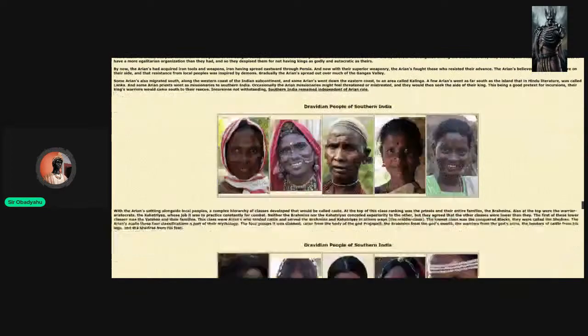With the Aryans settling alongside, these are the original Aryans, by the way. The Aryan peoples. They're called Dravidians today, but they're the originals. They would look like this, they would say, in ancient times. So it's a long story, but these are some rough people. Don't underestimate them. I heard a lot of stories about them. No shots, no hate to any race on this thing, but they're some rough people. Some people say they're cool sometimes, but they can be rough if you make them mad. But all I know is